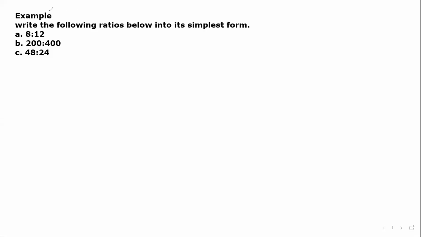Now, example. Write the following ratios below into their simplest form. It means the given ratios over there, we are going to break them down into their lowest digits, okay? We also discussed that ratio can be written in a fraction form. So we are going to use two things at the same time: using the ratio, then you break it, or you turn it to fraction and break it. Later, you turn it back to ratio, okay? Without wasting more time, let's solve this one here. You write your solution.